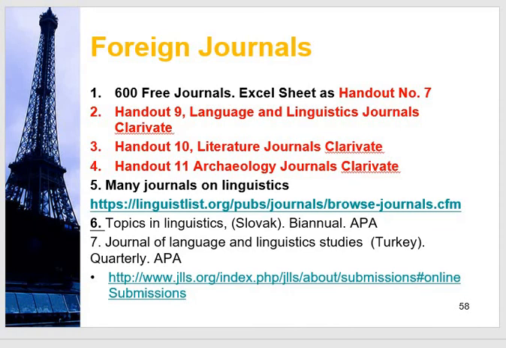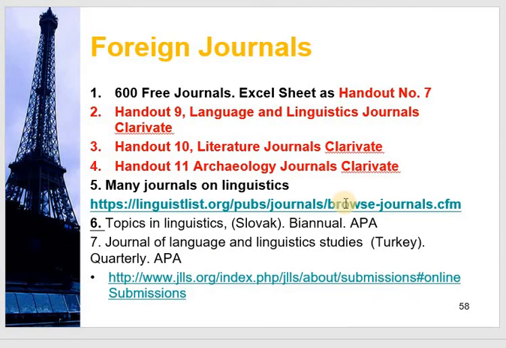Foreign journals are mentioned in handout number 7, and 600 free journals have been mentioned in an Excel sheet. You can search according to your topic. In handout 9, a language and linguistics journal list has been given. In handout 10, a literature journal list. In handout 11, archaeology journals, Clarivate, have been given.